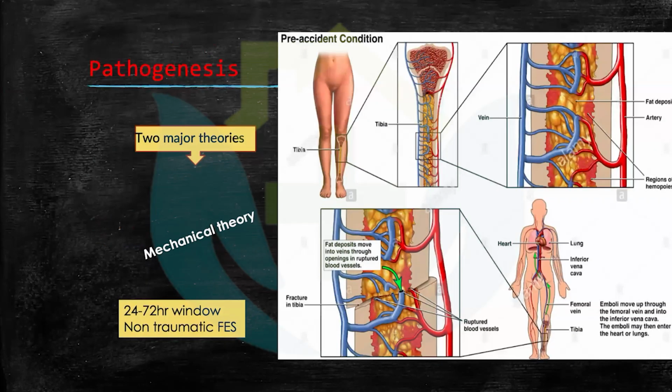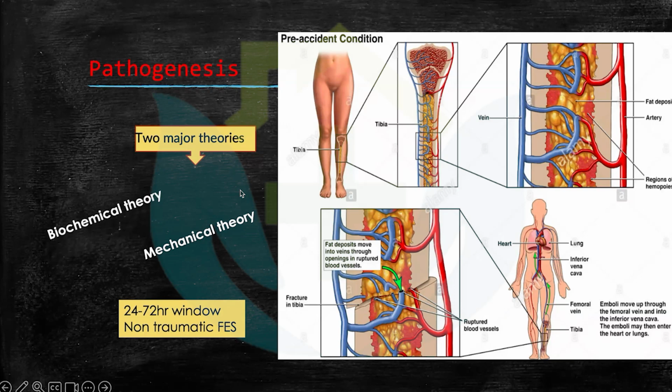As I said, there are two theories proposed for why fat embolism syndrome manifests. One is a biochemical theory, one is the mechanical theory. Now, what is fat emboli, by the way? If there is a bone fracture, there are multiple vessels surrounding the bone marrow, and then suddenly because of the fracture, this fat within the bone marrow will enter into the circulation, and then from there onwards will have dissemination into the system. That's the basic concept. So very easily we can think, okay, it is a mechanical thing. Because of the microemboli that shower into the system, they will go and they will clog multiple vessels and cause the manifestation. So that is the basis of your mechanical theory.